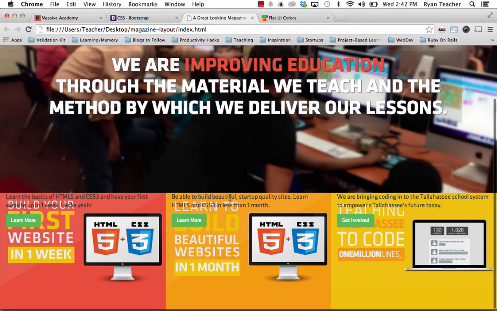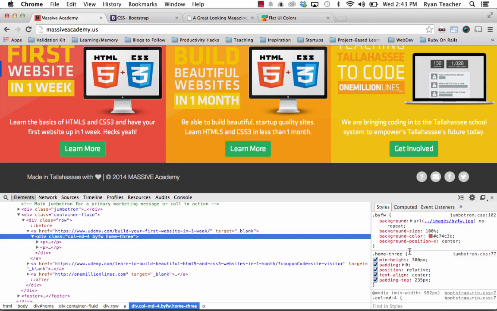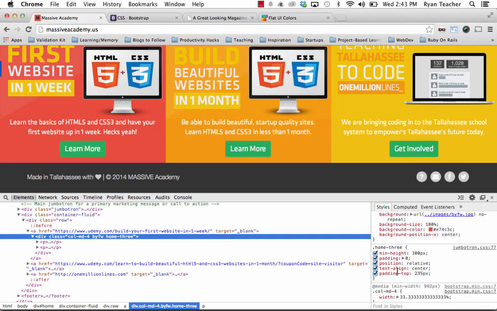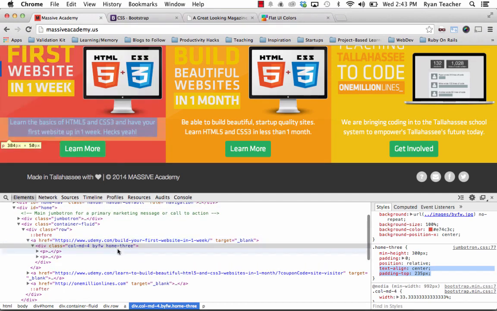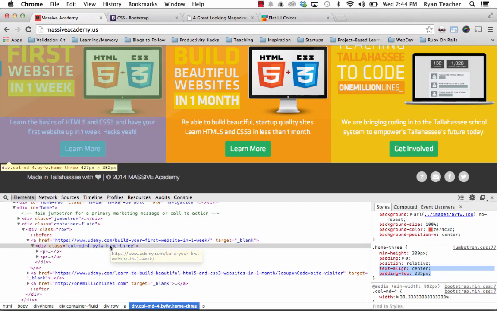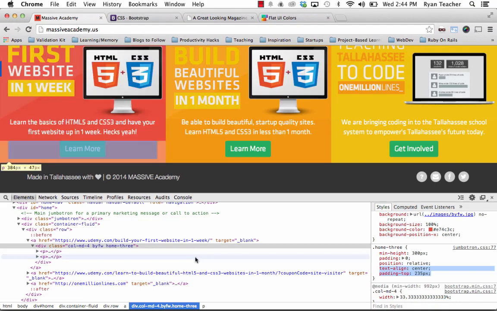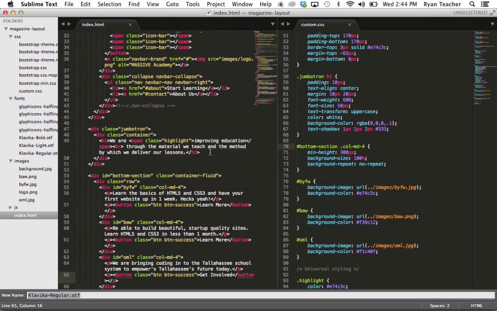So we need to put in a padding in each of these divs. And we can get that from what we did here. So we'll do text align and padding top. We'll do text align, padding top, and you understand what that means. You can see the padding over here, right there as we hover over it. So we'll grab both of those. That way it'll push